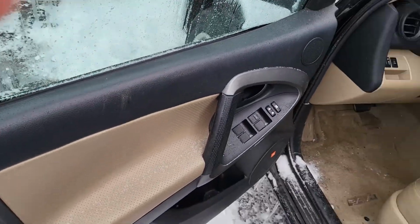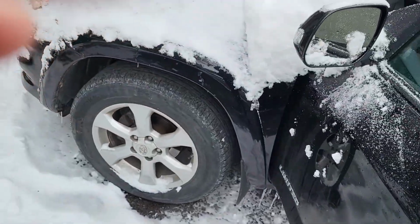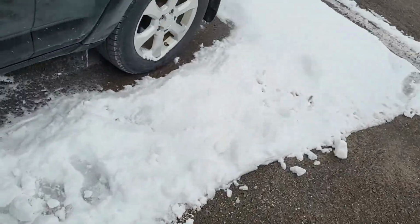So this is a RAV4. It's a lot of snow out here. It's a 2010 Toyota RAV4 Limited. So that's how you